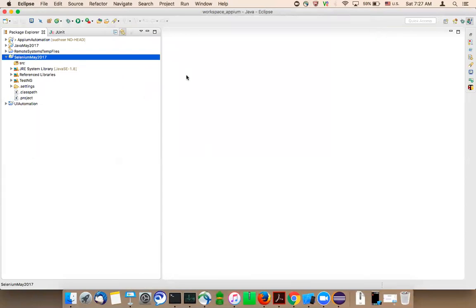Now your project is ready. Your Java project is ready, and it is also integrated with Selenium Java libraries. Now you can write Selenium automation code.